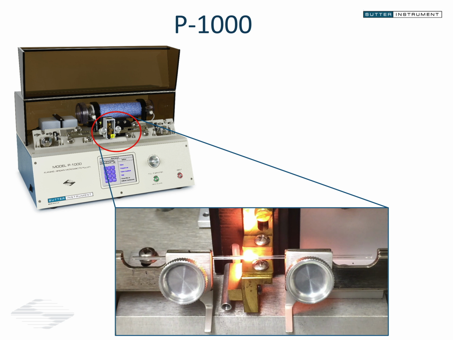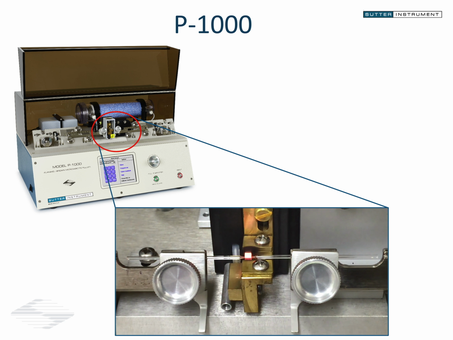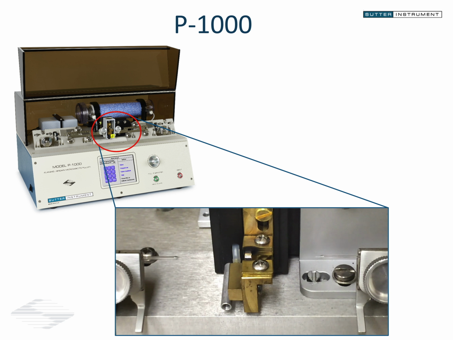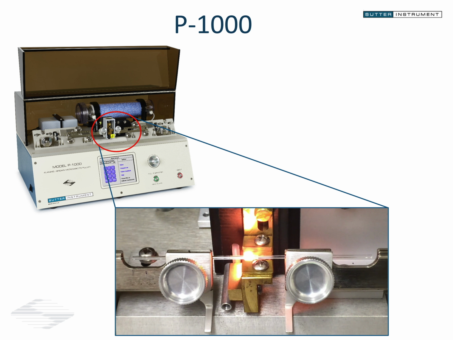So moving on a little bit, this is a fun video of the P1000 at work. Micropipettes are an important part of the patch clamp process. The micropipette is actually what is going to approach the cell and do the patching, which, as most of you know, is a very finicky and delicate process. So being able to pull the precise pipette tip that you want and being able to do it repeatedly over and over is extremely important. And as you see here, the P1000 has very precise control that allows you to do that.